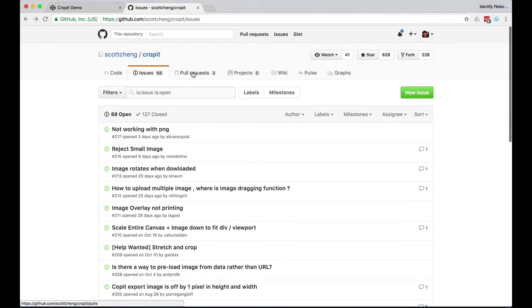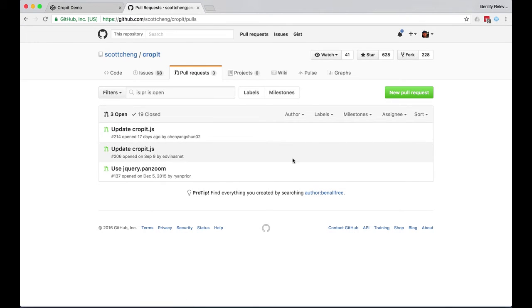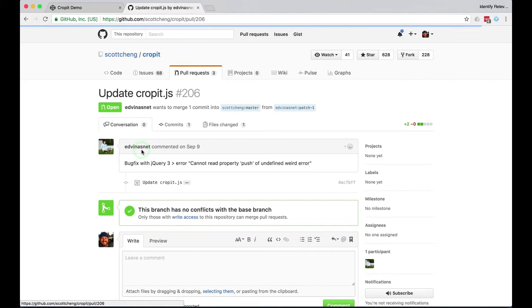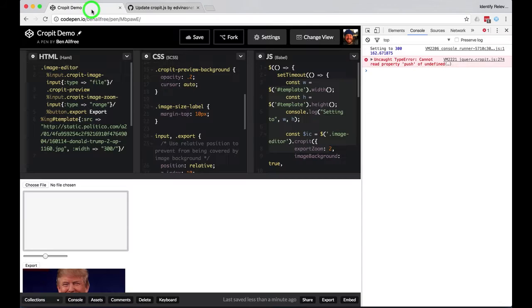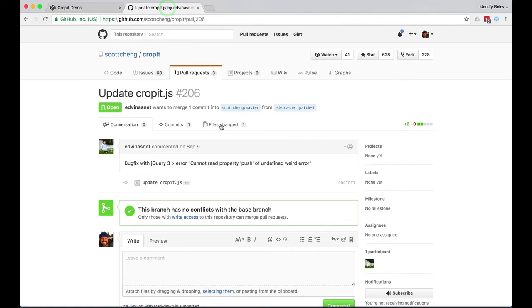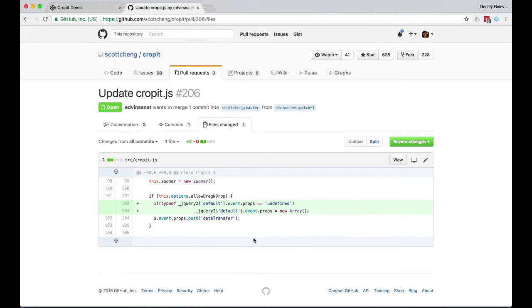That's when I hop over to the pull requests and see if any of these might relate. I happen to know, because I already looked, that this one does a bug fix for the error, cannot read property push of undefined, a weird error. Look, that's the same one we have right there. So let's see what this bug fix is. I can go look at the file change and I say to myself, wow, it's a one-liner. It's literally a one-line solution, but the person who maintains this repository has not